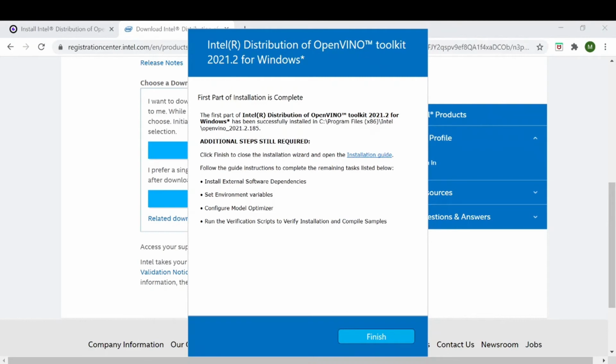So now we have successfully installed OpenVINO Toolkit, but there are still some configuration steps left, which we'll see later.